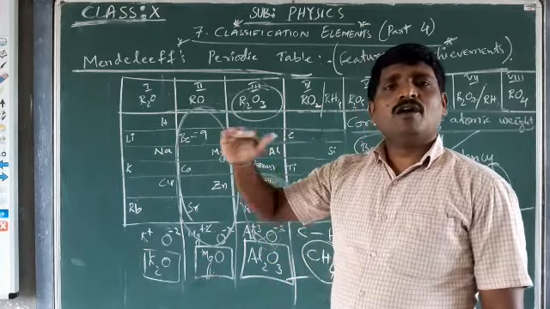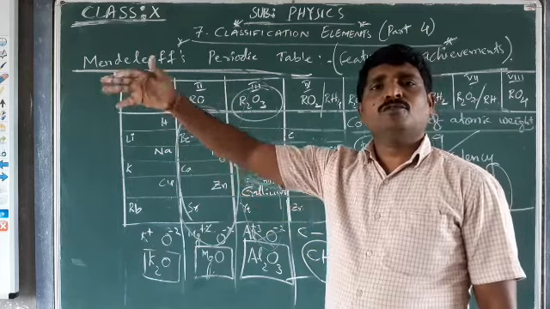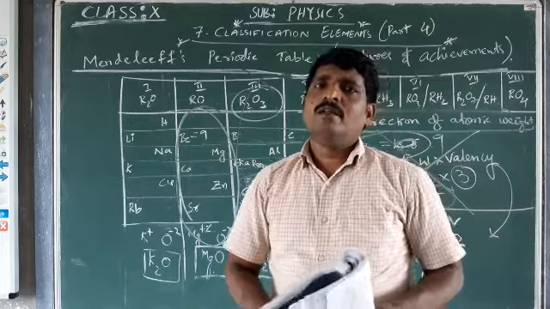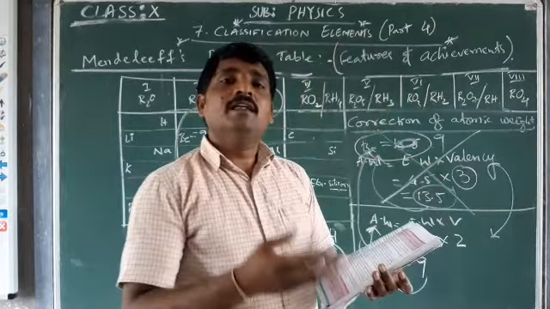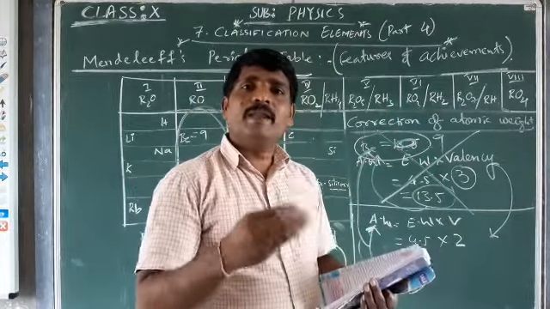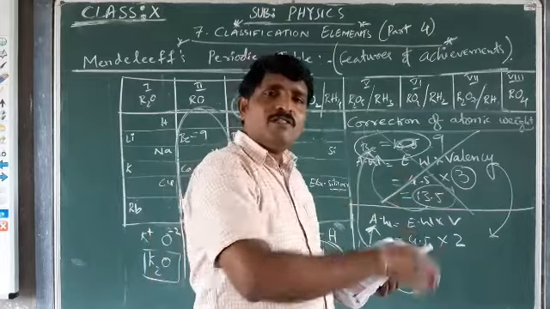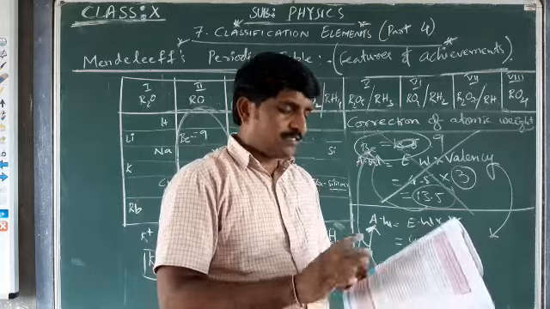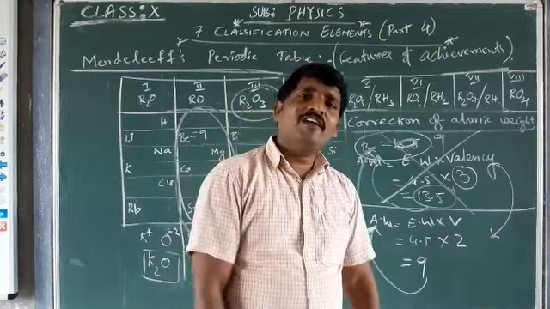Okay, that is the increasing order of atomic weights: 1 after 2, 2, 3, 4, like that, in increasing or ascending order of the atomic weights. Some anomalous series have been taken in order to place the elements in the proper group. Even though it is not following the sequence, it has been changed. Some change has taken place. What is that? An anomalous series is one not following the series.